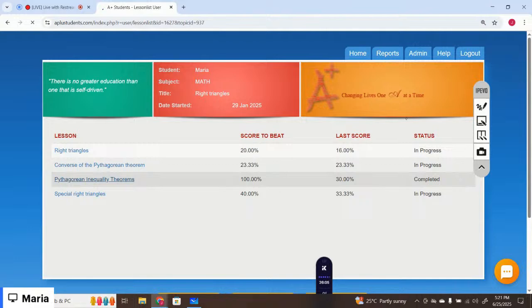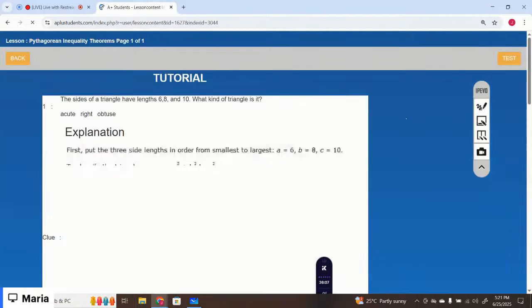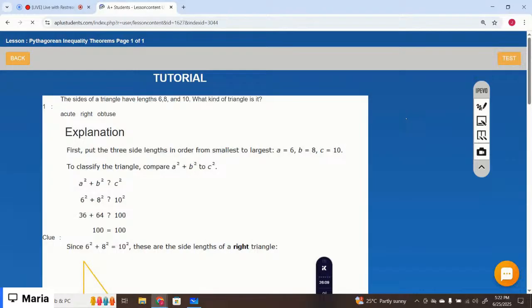Let's just start with the lesson. The sides of a triangle have lengths 6, 8, and 10. What kind of triangle is it? So we need to see now what kind of triangle it is. So what we have to do,